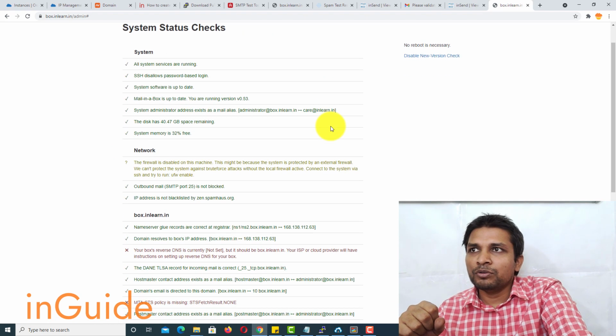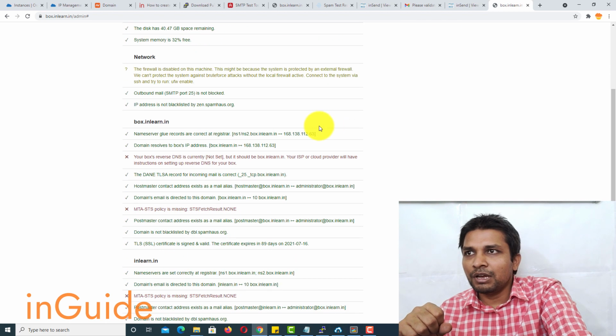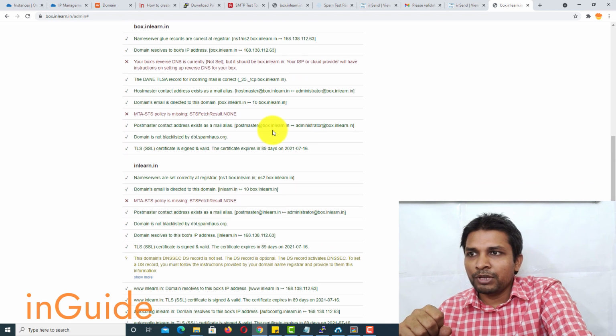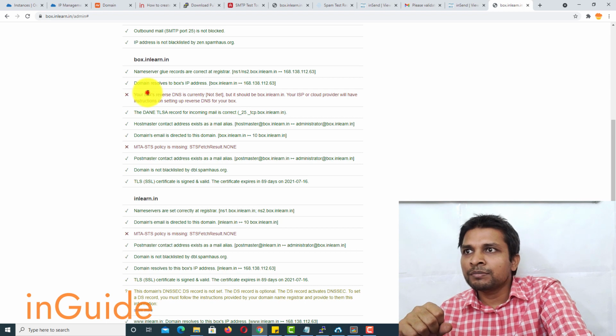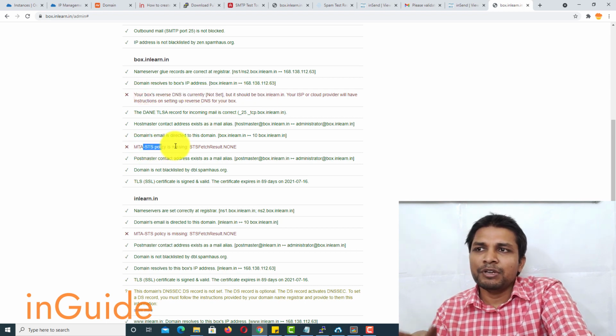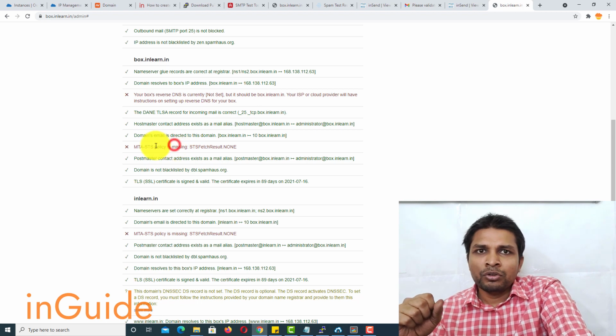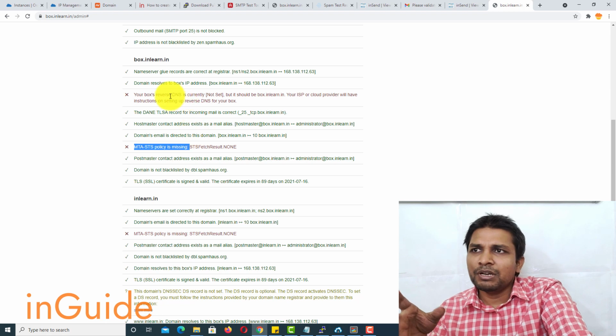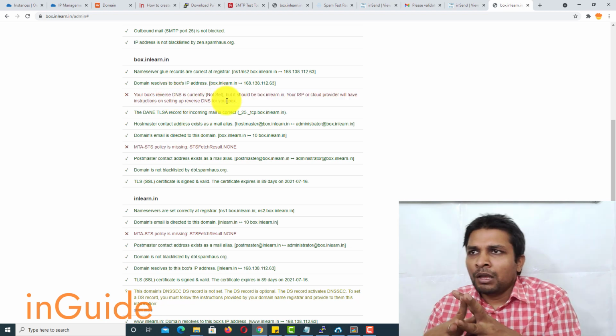Now coming to system status checks, the major issue remaining is setting up reverse DNS and MTA-STS policy. You can ignore this MTA-STS policy, but the reverse DNS part is a must.